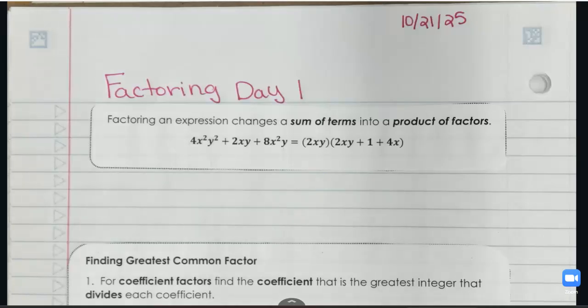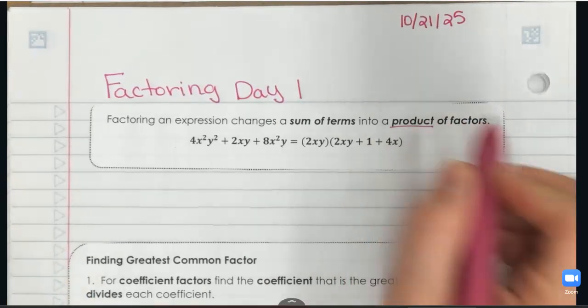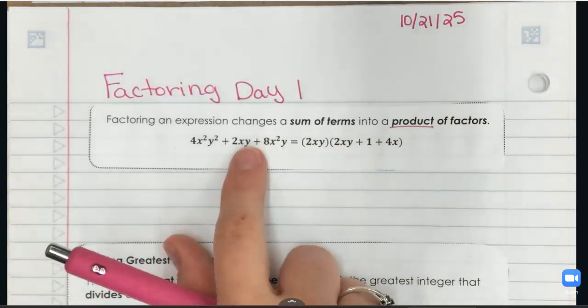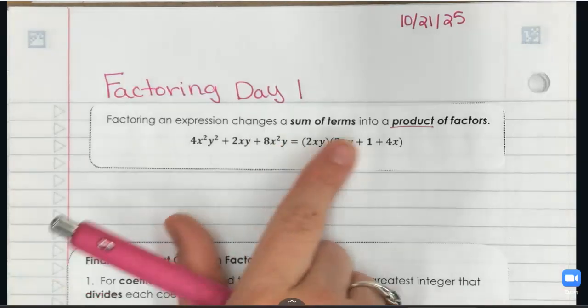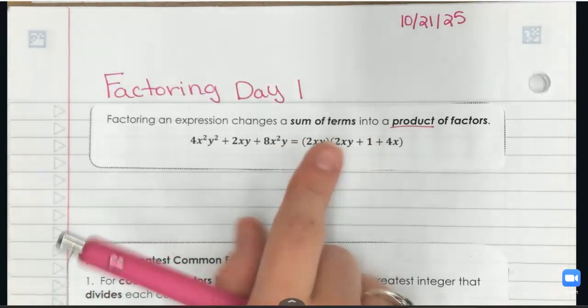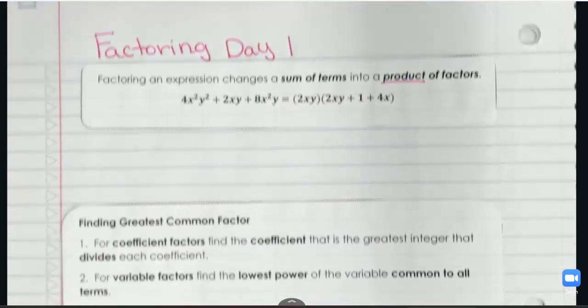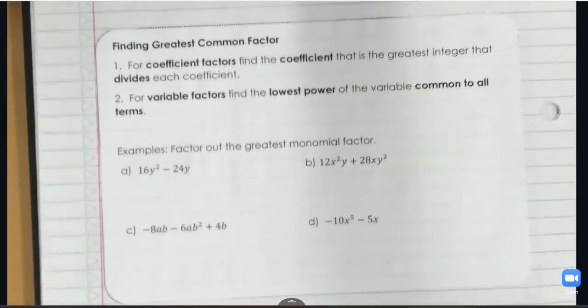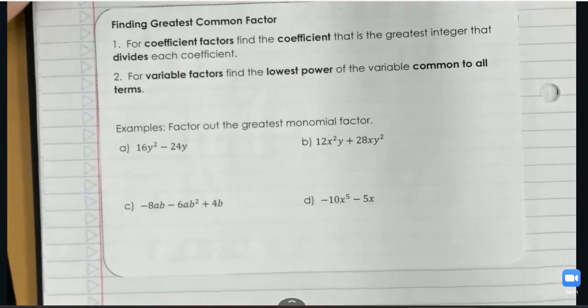So first of all, what are factors? Factoring an expression changes it from the sum of multiple terms into a product of 2 factors. Remember, product means multiplication. So here I have changed this from the sum of 3 terms into the multiplication of 2. So one of the ways that you can factor is just by taking out the GCF, also called the